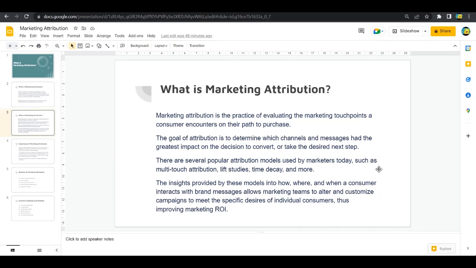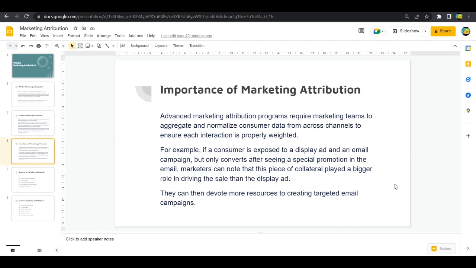So, when you know that a certain page is doing good or a certain product is doing good, you develop certain techniques around it. Techniques could include things such as targeted advertising or personalizing it for the user, so that it enhances the user experience, as well as being beneficial for your business. So marketing attribution helps you to make these decisions or make these predictions based on how it's working now, right?